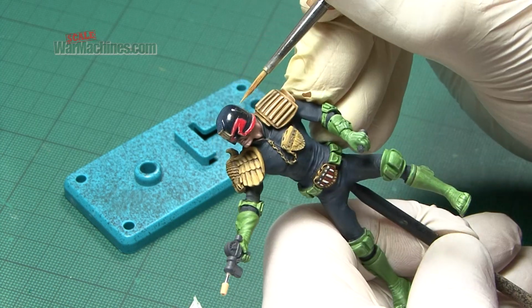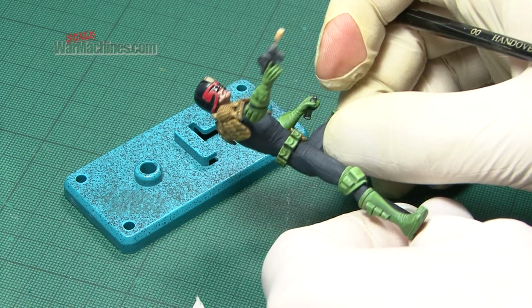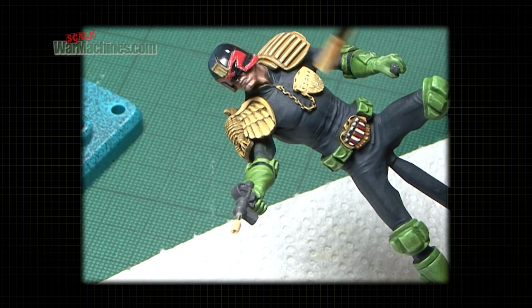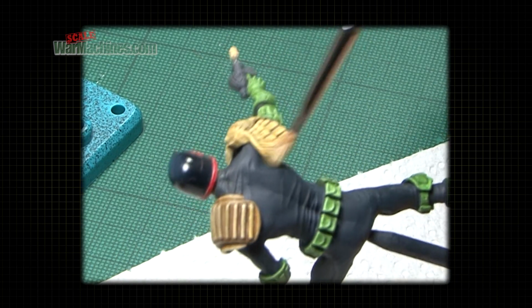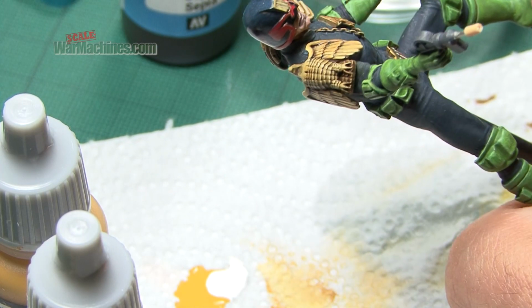The final stage was to use the dry brushing technique. If you're not familiar with dry brushing, I have done a video on it. Again with the same shade, and just very lightly, very gingerly, dry brush over the top highlights and the biggest relief, rubbing the brush very carefully over the prominent features of the moulding to leave a subtle highlight. The key with this technique is of course not to put too much paint on the brush,